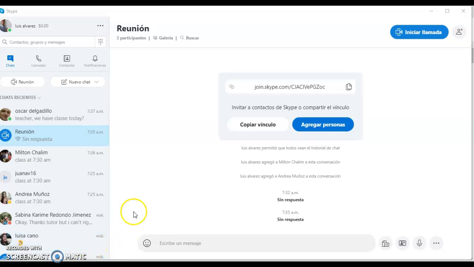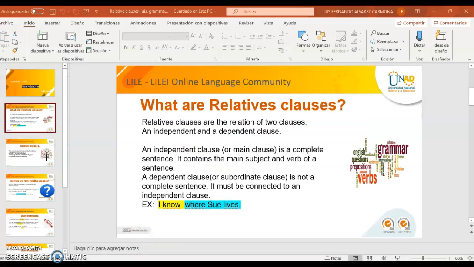At the moment, I'm supposed to be waiting for three people. They are Milton, Juliana, and Andrea. They haven't shown up for the class. So, I want to start recording part of the class that we're supposed to have today